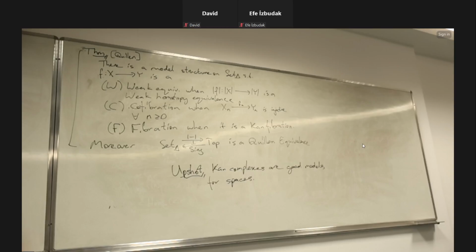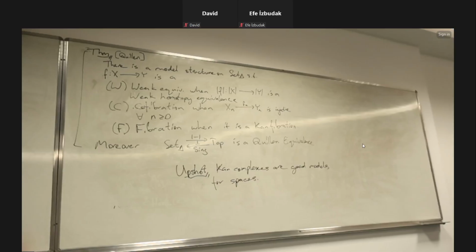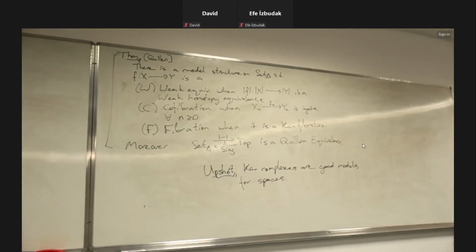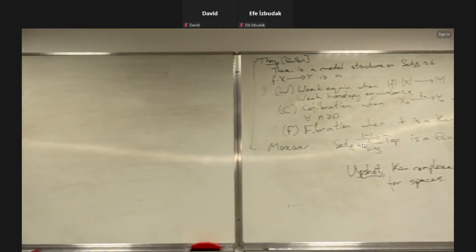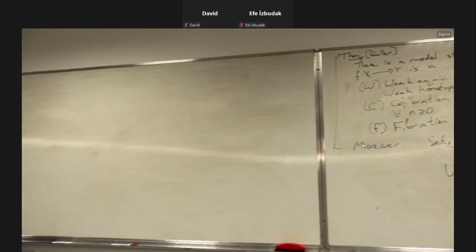Although, if I remember correctly, this is Quillen's original monograph on model categories, where model categories were first defined. Yes? What about showing non-existence